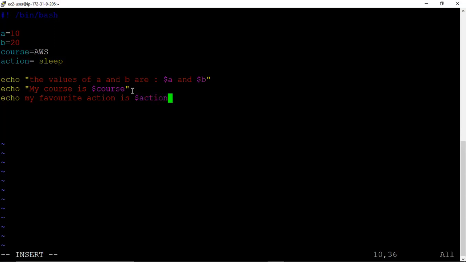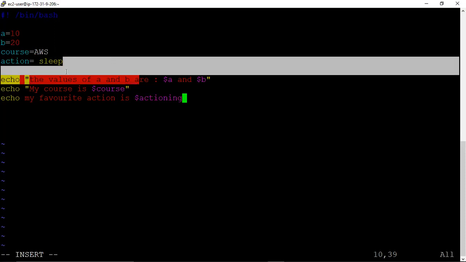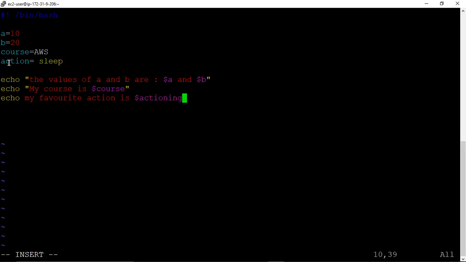Suppose we want to write sleeping, so here we can write ing. But in that case the terminal will search for a variable named actioning, and actually we have the variable action only. So in such a case, you have to write the variable in curly brackets.